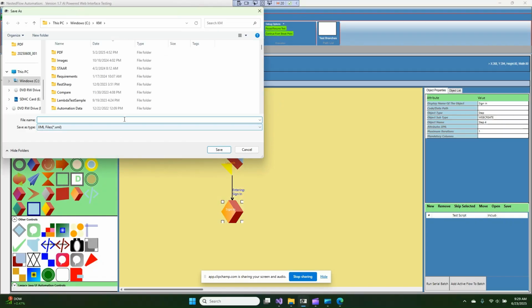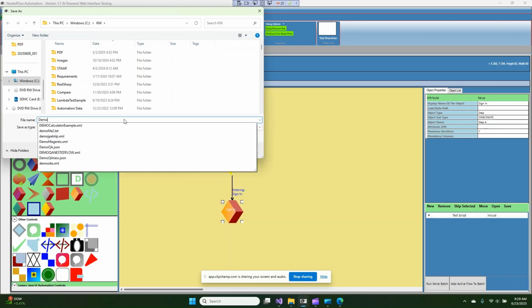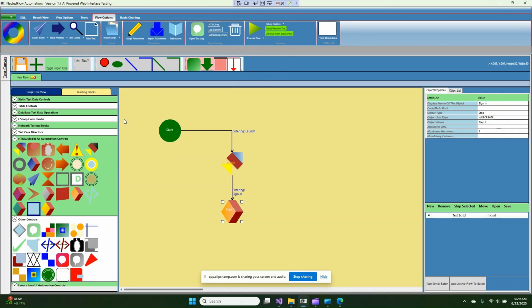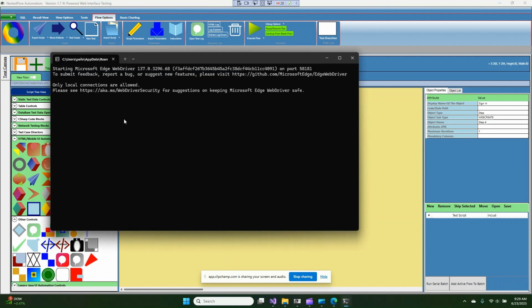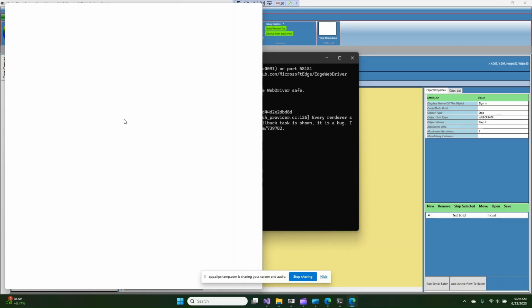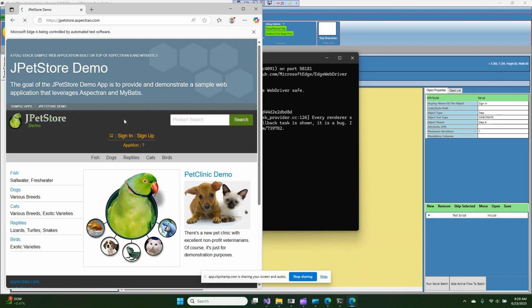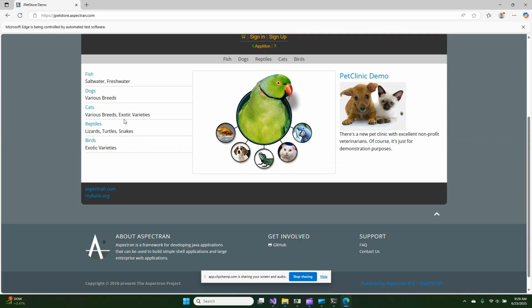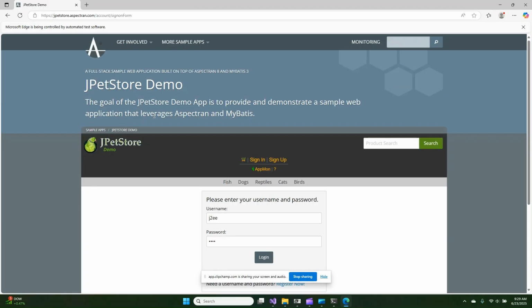Let me save this demo credential.xml. Now you can see that